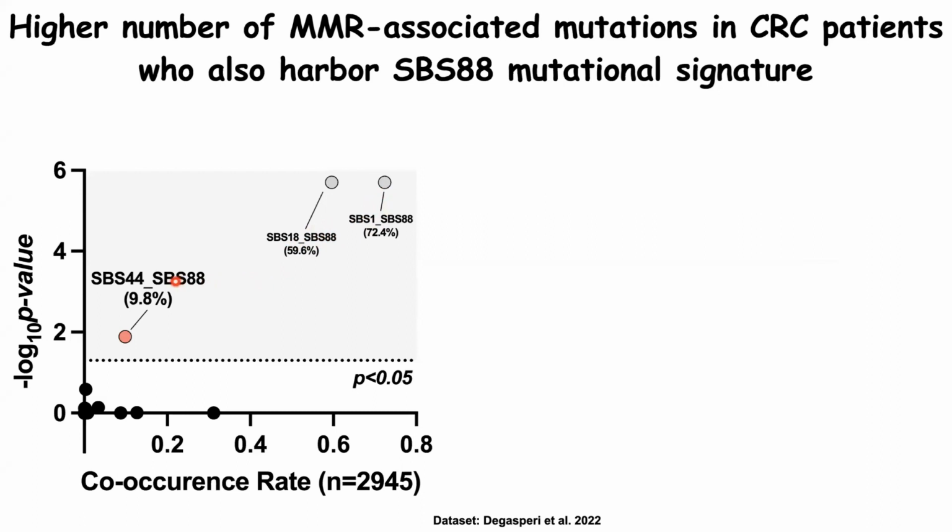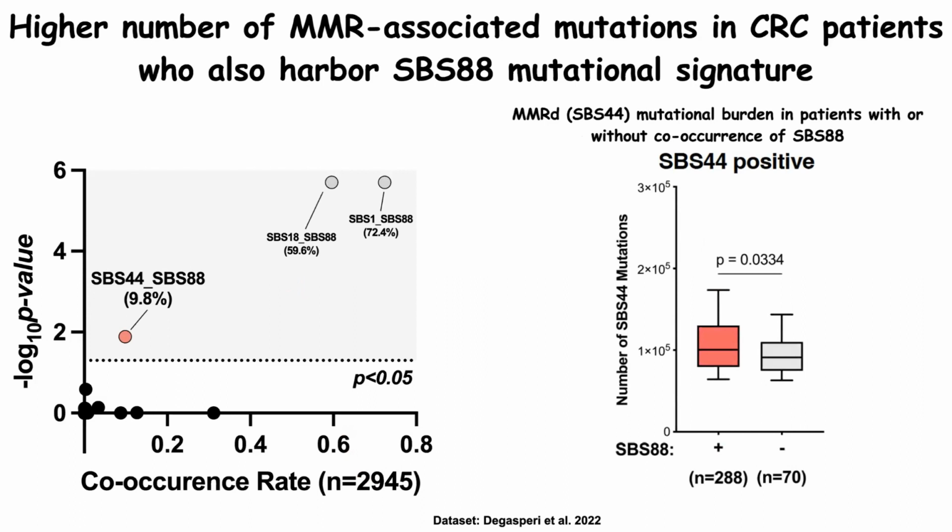And here we have our SBS 88 and 44 that associate together. So this is from a database of close to 300 patients when we looked at these coexistences. Then we extracted just the data that is relevant to cancer. So there were close to 300 or so. And we could see that there is an increased SBS 44 association with SBS 88. So these two signatures coexist.